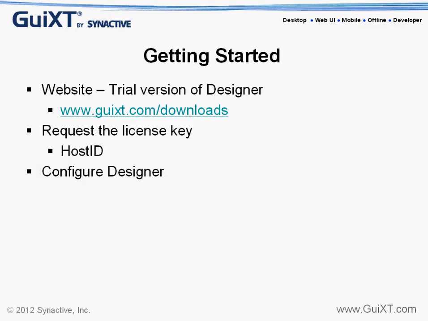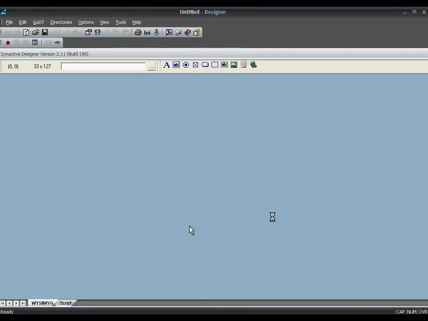Now let's get started with the trial version of the designer. You can go to our website, which is listed on the slide here, download the version of designer, and request a license key. I'm going to show you where you can find the host ID once you download the designer, and we'll configure the designer. Okay, so once you download the designer, fire it up, and on this screen go to Tools, License